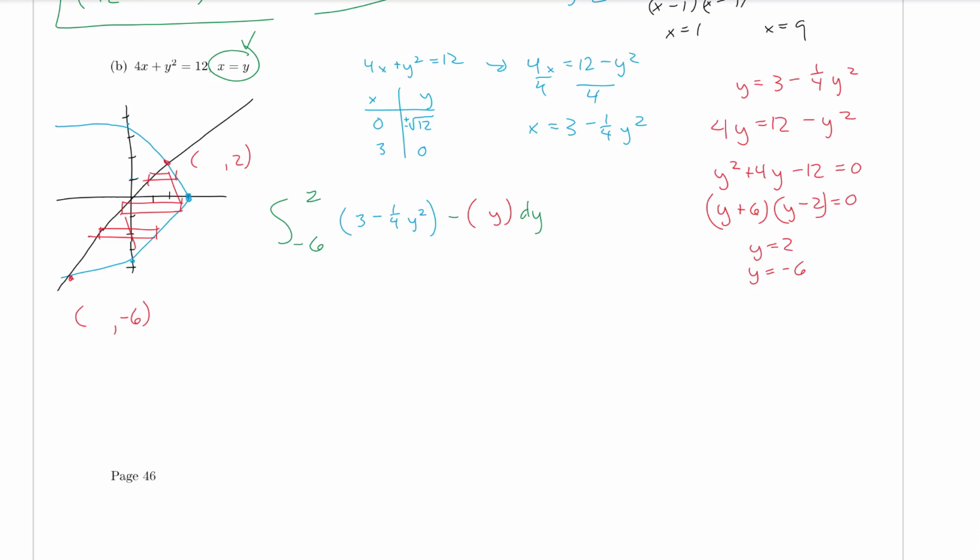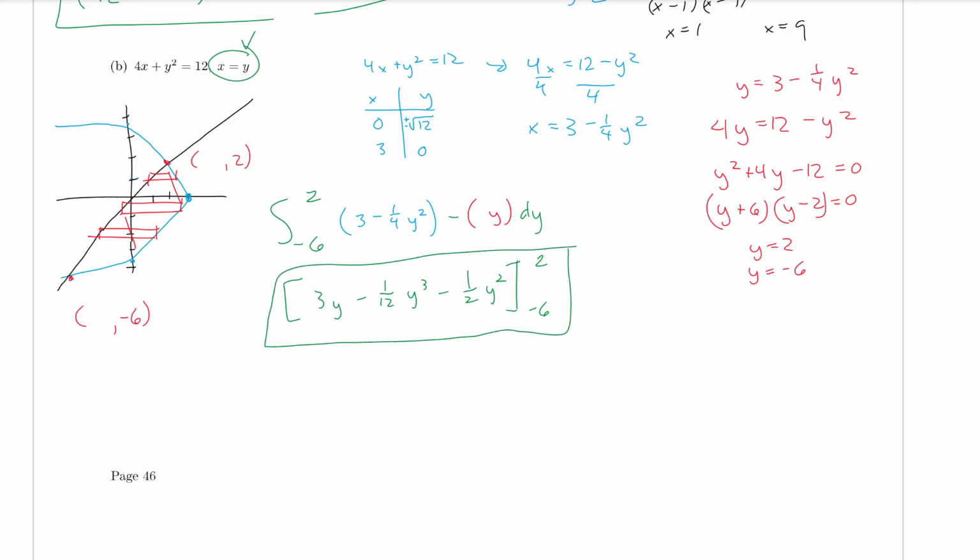So when we find the integral, we get 3y minus 1/12 y cubed minus 1/2 y squared, evaluated from negative 6 to positive 2. And you'll just need to go ahead and plug in the values of 2 and negative 6 to find that